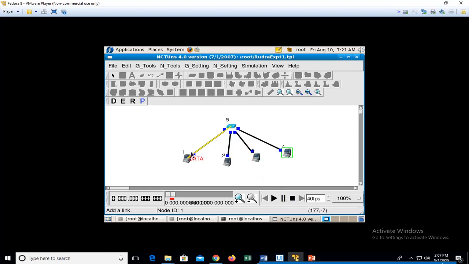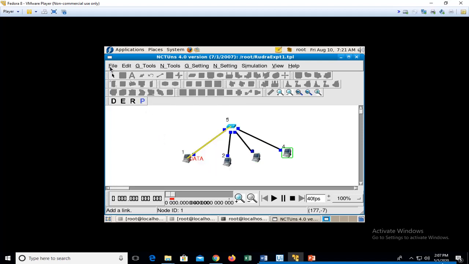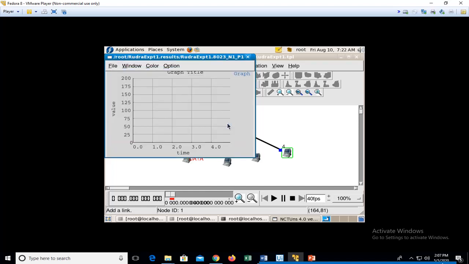Now this entire thing will be stored in the log files, and if I want to check that, go to gtools, plot graph, file, open, and I have to look for Rudra experiment 1 dot results. Under this I'll have all the information. Say I want to check for drop, so let me see what the drops are for the first node.